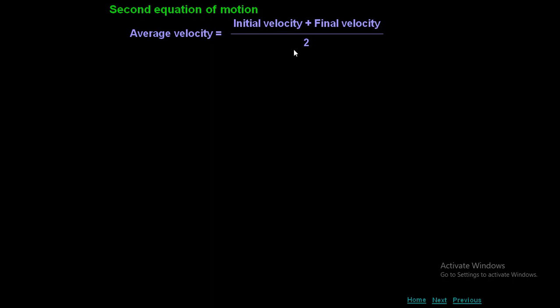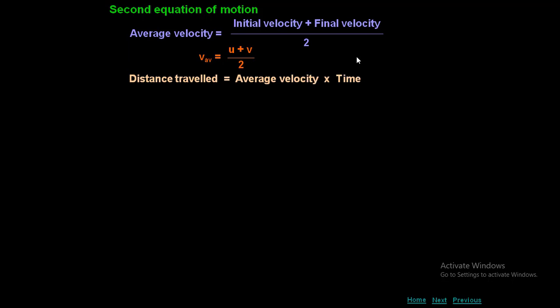To derive this equation, not only the second equation but also the third equation, we are going to use average velocity. Now here, in the previous slide, we have seen how many velocities the body is having. Two velocities we have. One is initial velocity u, another one is final velocity v. Whenever the body is moving with uniform acceleration, if you want to determine the average velocity, we have learned that we have to find the mean of the two velocities. That is nothing but sum of velocities by number of velocities. So average velocity is nothing but initial velocity plus final velocity by 2, which is nothing but u plus v by 2.